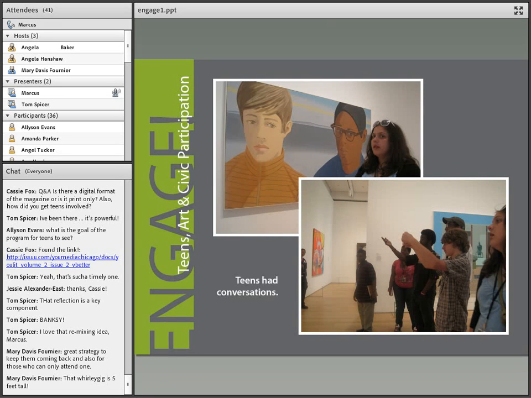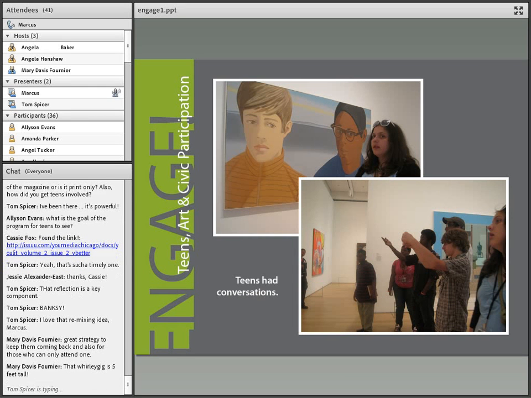Our teens actually talked about art. Now, of course, that's not a remarkable statement, but if you really think of the images that they see every day, they're video games, they're videos, they're all types of media being thrown at teens. And to get teens to recognize the power of things like murals or the power of art that's not animated, it's an awesome thing. And we had teens do that during points in the workshops, and I think that was a point towards critical thinking. We in our workshops in